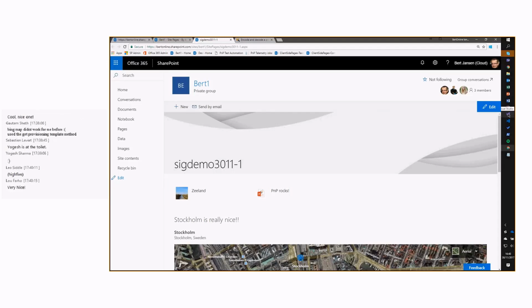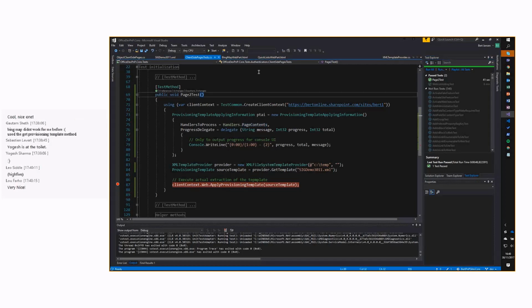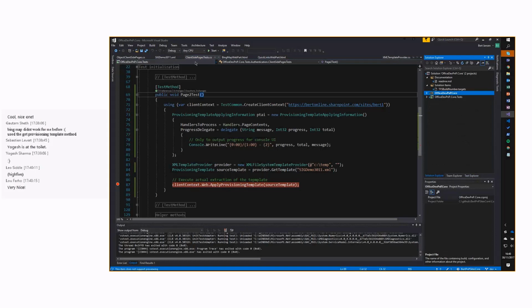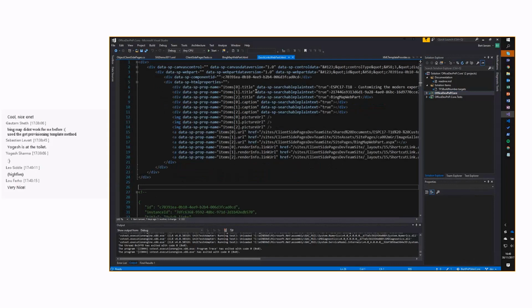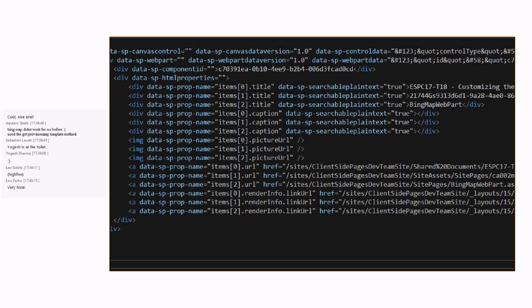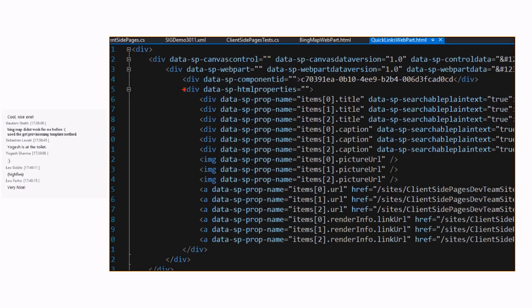Let's have a quick look at that. Let's go over to Solution Explorer. The reason why it didn't work before is, and this is pretty technical, but I just want to show you guys anyhow. We provisioned the web part with all the required components, HTML essentially. So we create the HTML and then stuff the HTML into the canvas content one field.